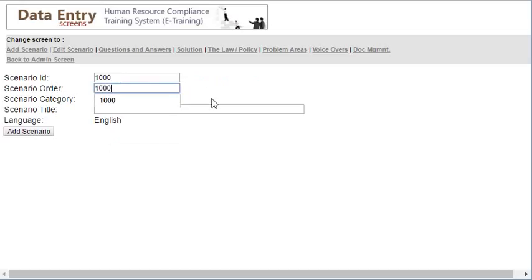The order I'm going to enter as 1000 as well. For your case, you'll be using order 1, 2, 3 following the scenario ID. The order is how the scenarios will be arranged. And for the category you can use things like bad performance or absenteeism, etc. But for this case, I'm just going to use testing, and the scenario title, I'm just going to say test scenario